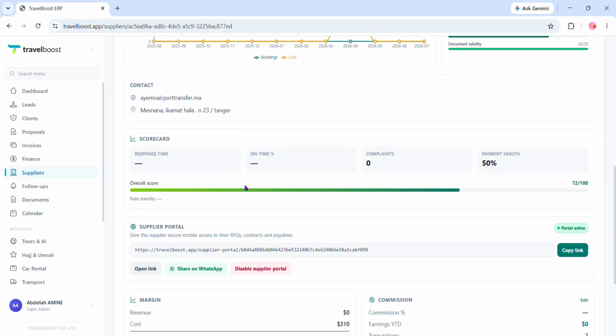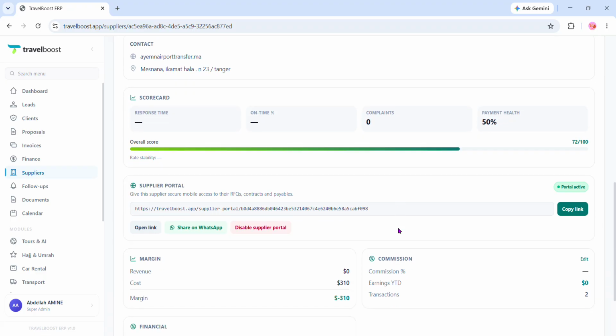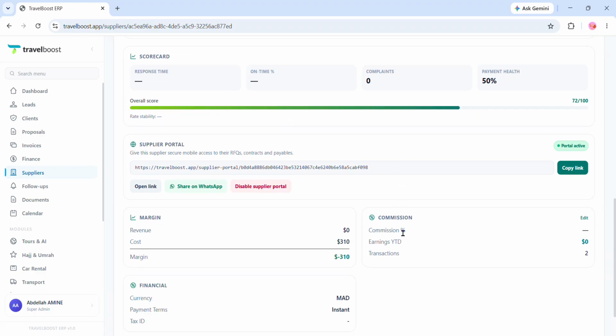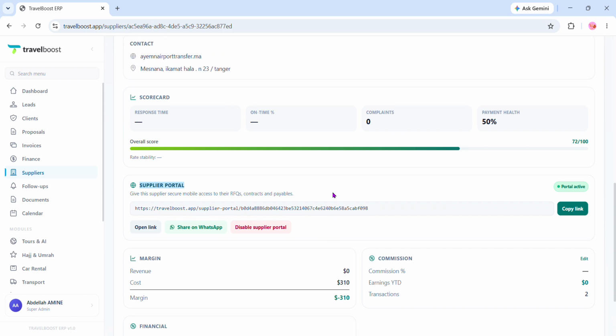And one of the great tools here is the supplier portal. You'll see the portal is active. This gives the supplier secure mobile access to their RFQs, contracts, and payables. So let's open the link.